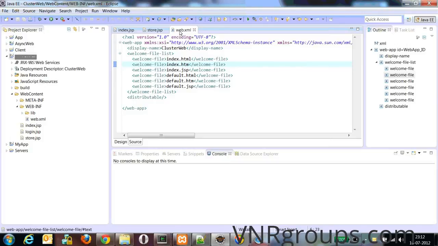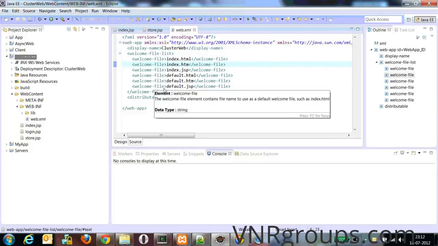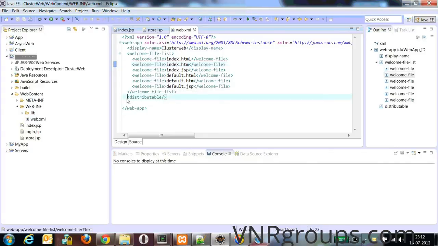One most important thing we have to do, whenever we want to achieve such kind of functionality, is that in the web.xml we have to add an entry called distributable. It doesn't have any parameter, you just add an element called distributable. So the Tomcat server will identify that this application's session data can be distributed among all other Tomcat servers available in my cluster.